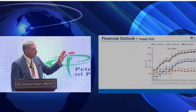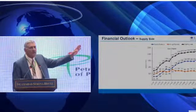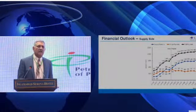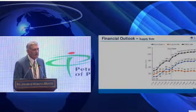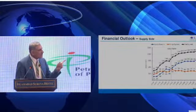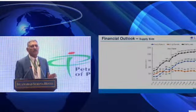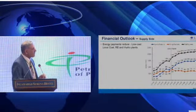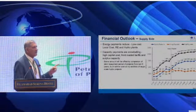But your capacity payment, as you can see on the right, because we have built over capacity beyond our needs, which you will realize at the end of the presentation also, has a snowballing effect. That is why our electricity tariff is going through the roof. So energy payments reduce, capacity payments are snowballing,